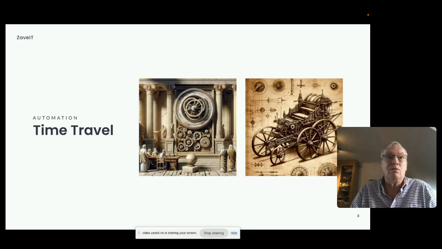Imagine in those days as well, if you were an astronomer and you wanted to measure time, how would you do that accurately? There were no clocks. So what you did was turn to one of humanity's very earliest automations, the water clock. I don't know if any of you have ever heard of it or could answer the question of what it's called, but it's called the clepsydra. It was simple. Water flowed from one container to another, marking time with its level. So it was a very humble beginning, yet it was the dawn of a new era.